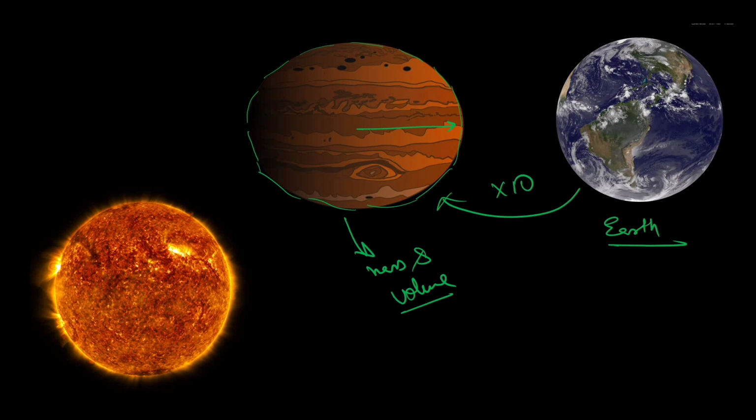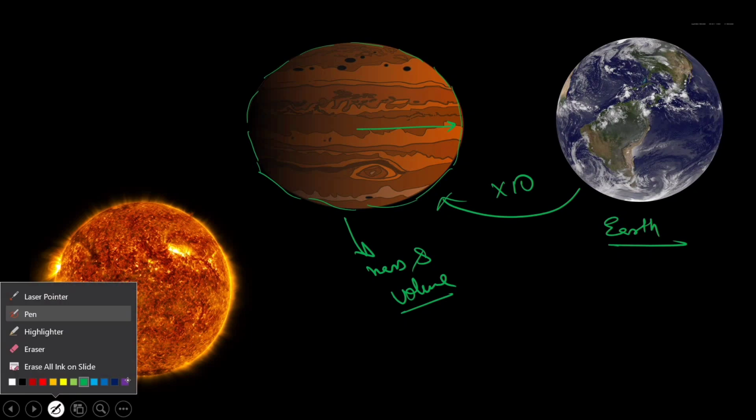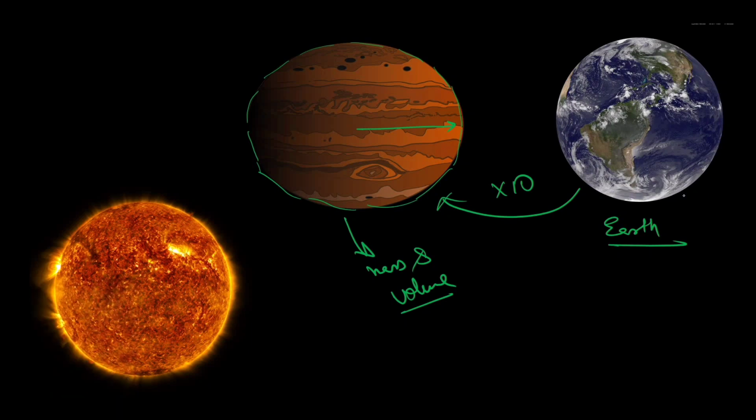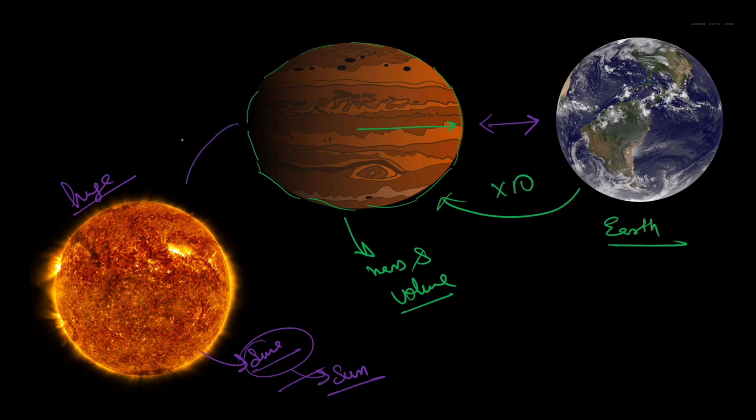10 times Jupiter gets us to the sun. This is times 10. So if this is the sun and if I were to draw Jupiter, I'll do Jupiter in pink, Jupiter would be around this big. And then the earth would be around that big if you were to put them all next to each other. So the sun once again is huge. Even though we see it almost every day, it is unimaginably huge. Even the earth is unimaginably huge, and the sun is 100 times more unimaginably bigger.